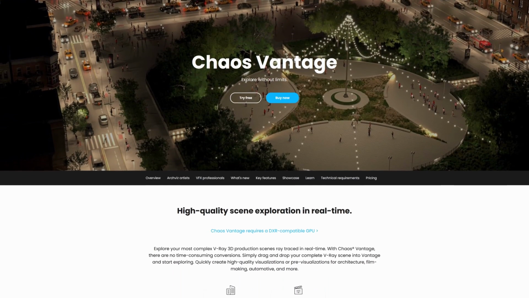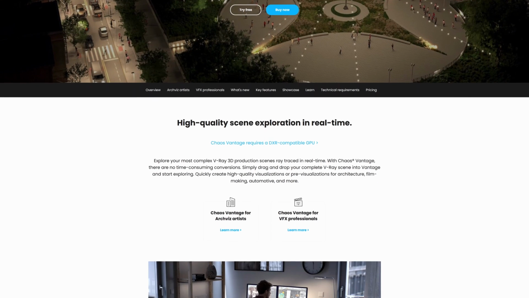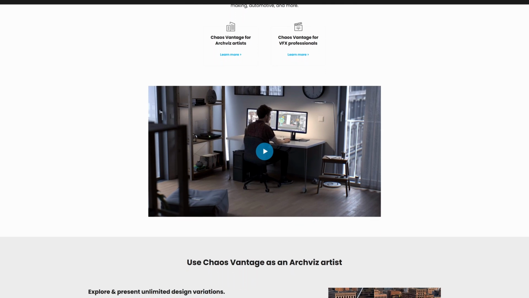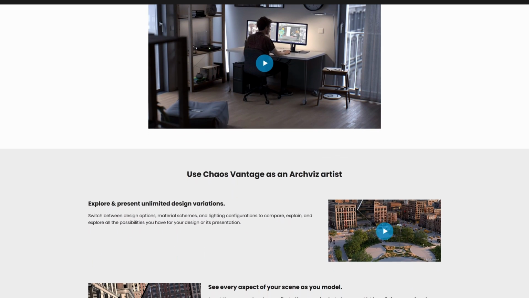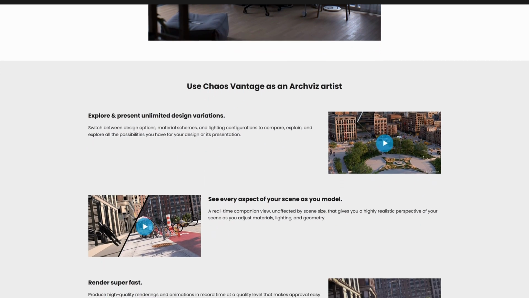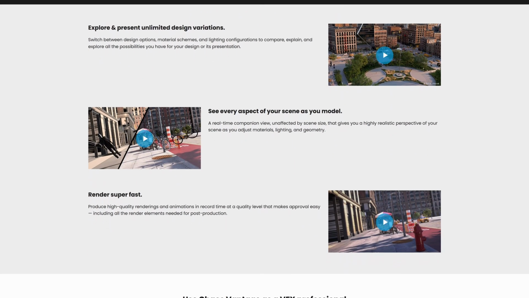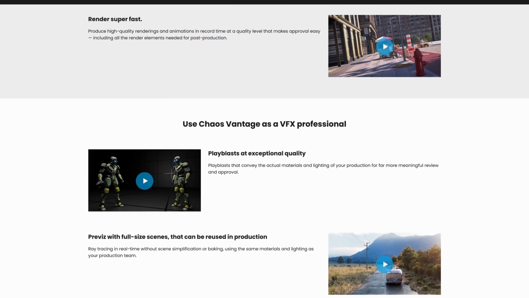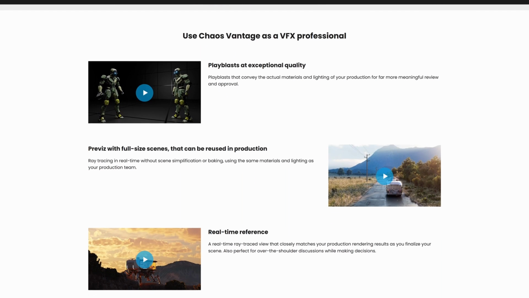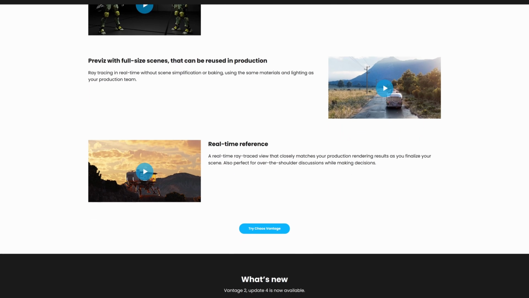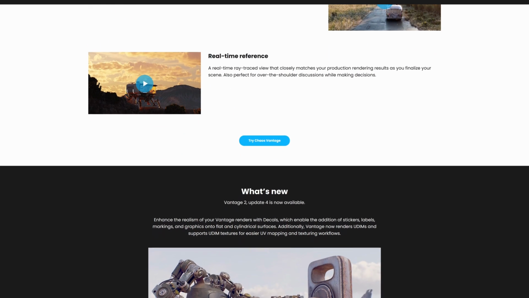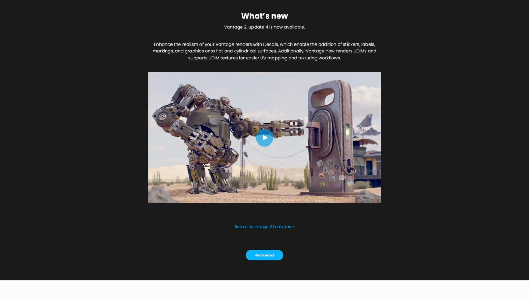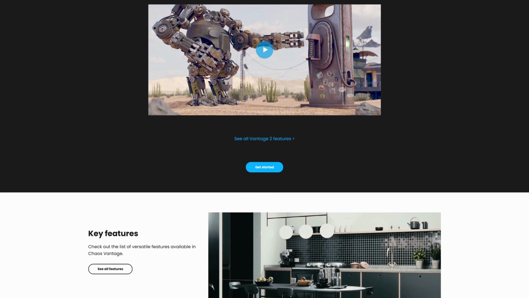So Chaos Vantage is an extremely capable real-time ray tracing renderer, which means it runs in real time like a video game does, for example. So basically you get instant visual feedback as you work in it. Now, as stated, Vantage supports ray tracing, which means that with it you can output highly realistic imagery or animations. Yes, it does not offer the quality that Corona offers in terms of realism, but on the flip side, it does calculate the image faster. So it really depends on what kind of output you need at that point in time for your project: one that is more focused on quality, or one that is speedier to render out